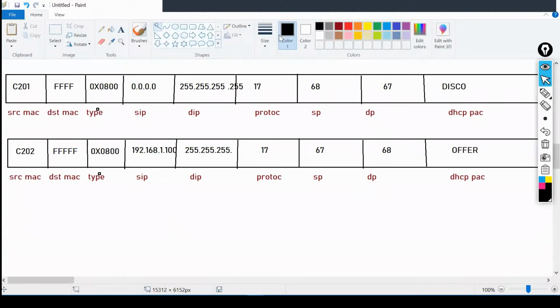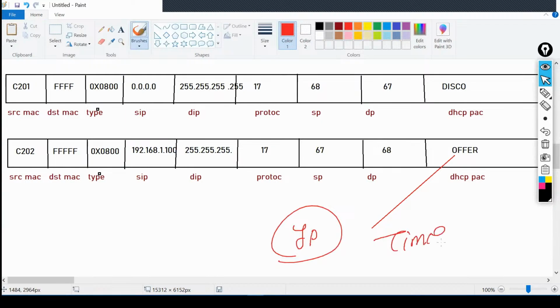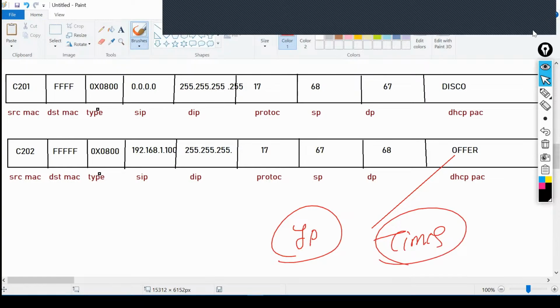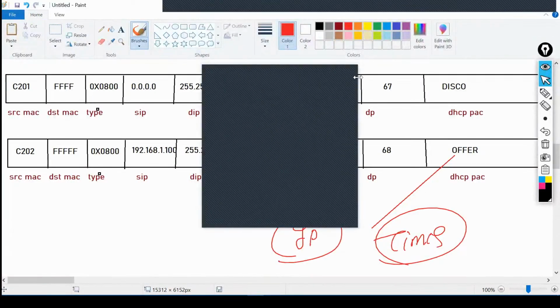In this offer packet, what happens? We are going to put the IP information, the address, because I'm getting the IP in a dynamic way. If it is broadcast, every host is going to receive that offer packet, right?